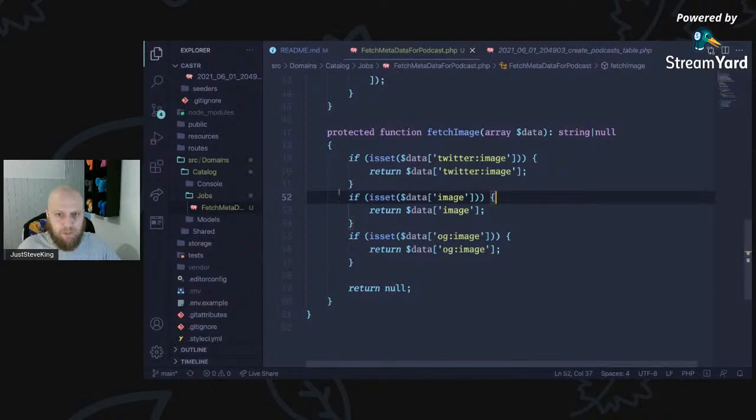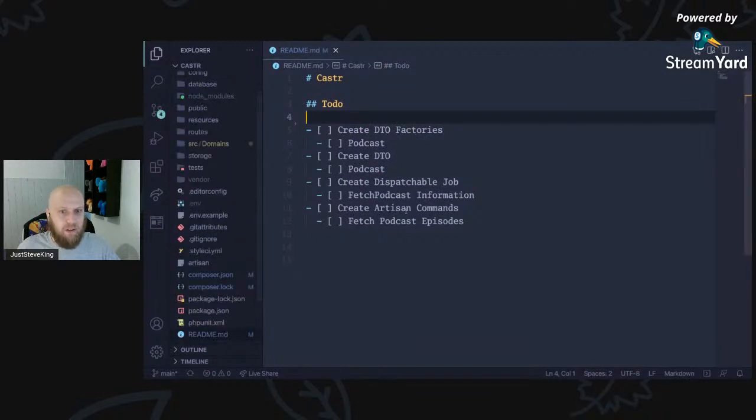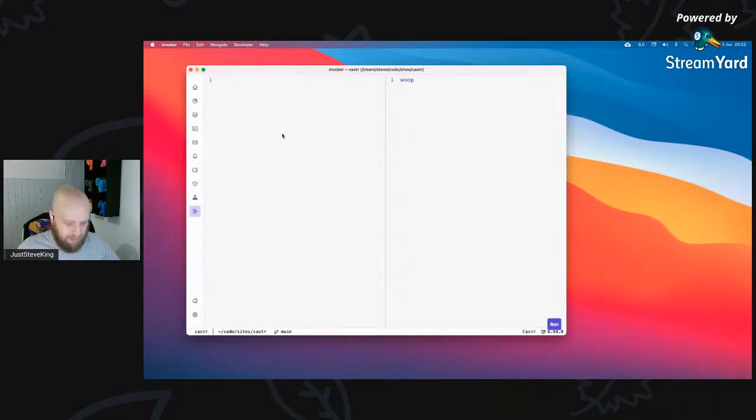I'll probably have to do something with it. Right now, I've got it so it's working for this test case for how I need to use it this second. So we've got the image, we've got the description, we've got stuff. So now I can come over to Tinker, and I can say